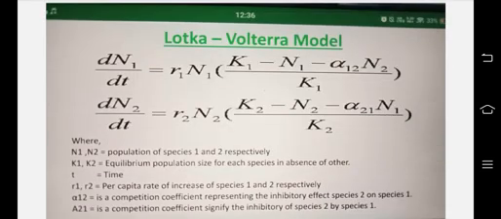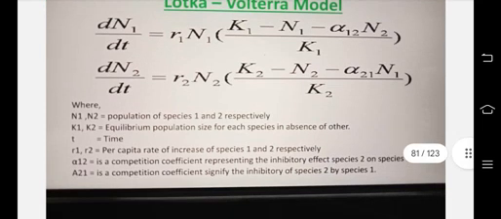dN/dt = rN (K - N) / K. For competition: dN1/dt = r1N1 (K1 - N1 - α12 N2) / K1. dN2/dt = r2N2 (K2 - N2 - α21 N1) / K2, where